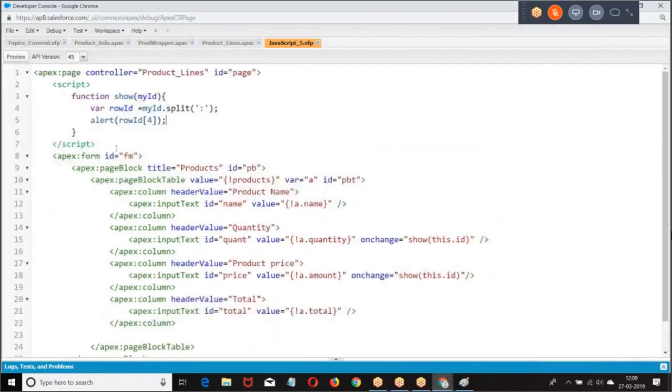Now let us see how you do that. Where amount equal to document dot get element, page, form, page block table plus row number.